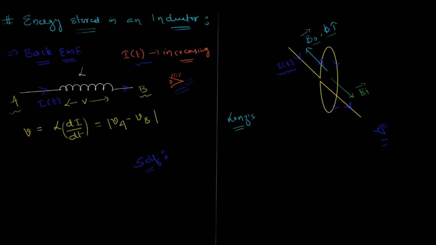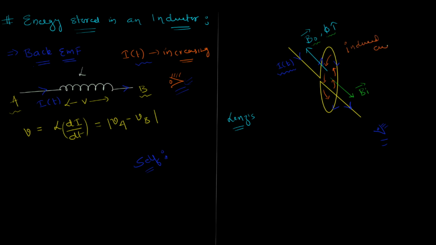And now for that, you have to go ahead and identify what would be the direction of current in this coil right here, so that the induced magnetic field would be in this direction. And to answer that, yeah, you're right, the current in the coil should be in this direction. Actually, the current in the coil should be in a direction opposite to the present current, to the existing current, right? This right here is going to be the induced current.